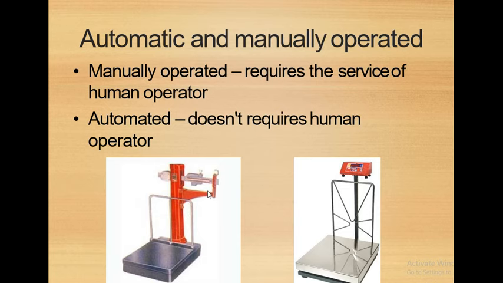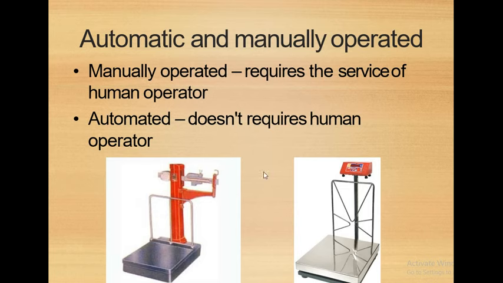If you see, this is the manually operated instrument for a weighing machine. It is basically a manually operated weighing machine, and this is the digital weighing machine. Okay, so here what you have to do is that you have to apply the weight over here, and after that you have to do the adjustment over here, and after that you will get the readings over this scale. Okay, so here you are going to apply your weight, and here you have to do some physical operation, and it may require the human operator to operate this, to adjust the scale and all other things, to nullify the instrument and all other things.